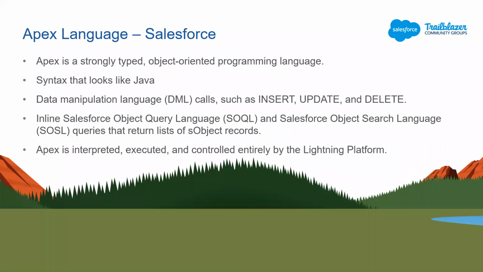Now we'll be relating how data structures are used in Salesforce. Salesforce has its own tool to manipulate the data, which is the Apex language. Apex is a strongly typed object-oriented programming language. Strongly typed here means that Apex has different data types and we can't mix the values of the data types, like we can do in JavaScript.